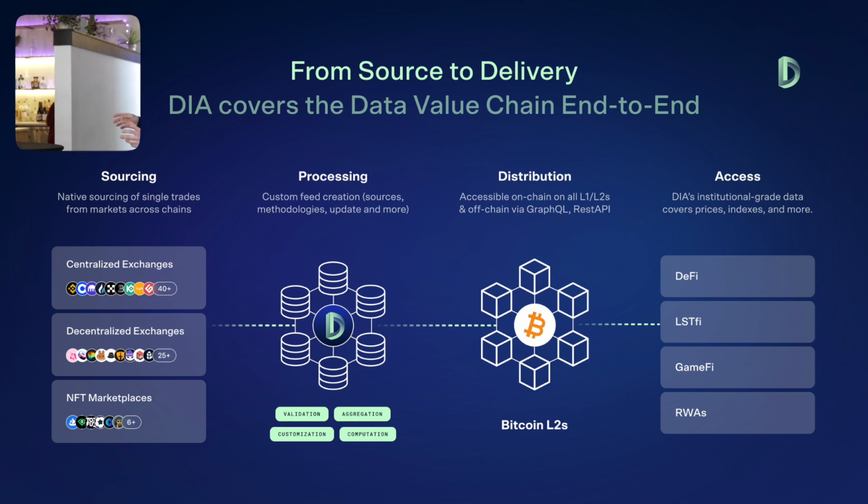The last point here, and I'll take a pause because this is the point I want to anchor in here. This is the point that excites us about building on Bitcoin and where we're positioned. So far, I just got into the DIA product and generally high level how we apply for types of dApps across ecosystems. When we talk about building on Bitcoin, as I referenced, we are sourcing trade data from DEXs across different ecosystems. I mentioned centralized exchanges, but also DEXs.